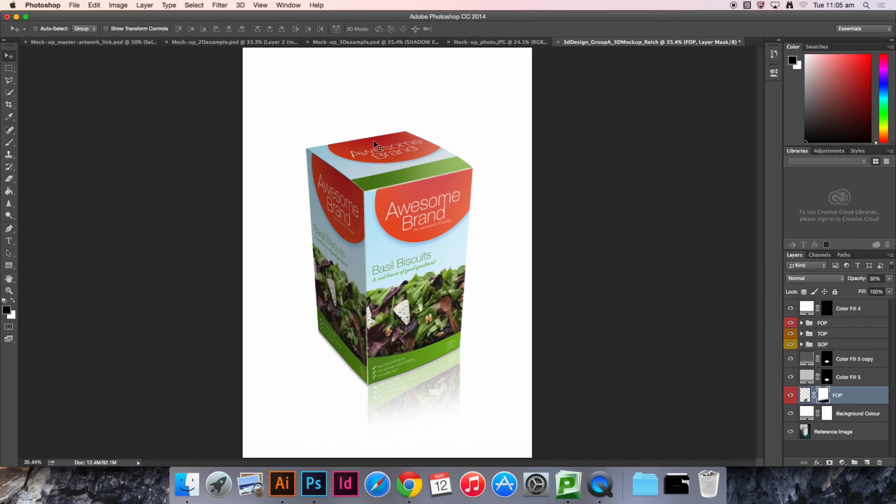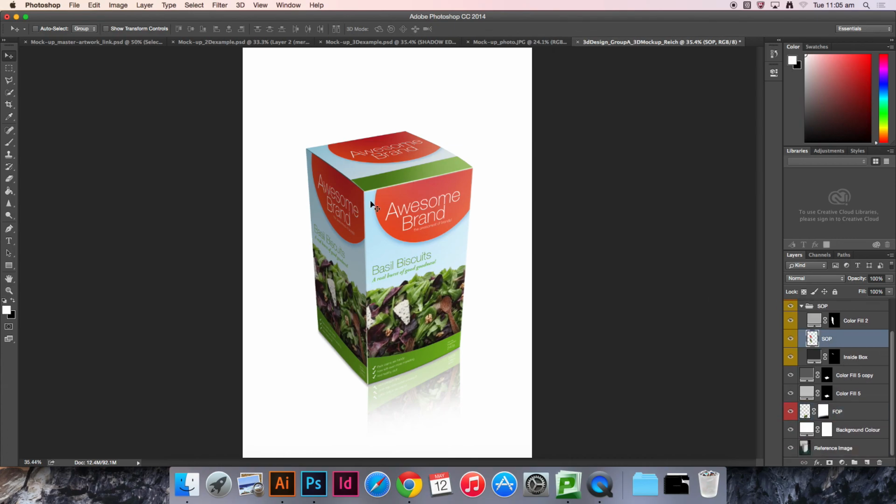So now, since we've got that for the front of pack the way that is, we do exactly the same thing on the left side of pack. So you go to your side of pack folder. You don't have to necessarily worry about the shadow. If you want to use the shadow as part of that reflection and you really feel like it's important to add to the